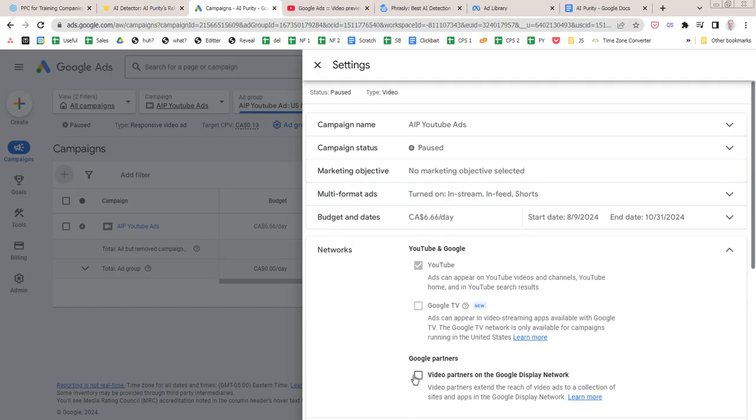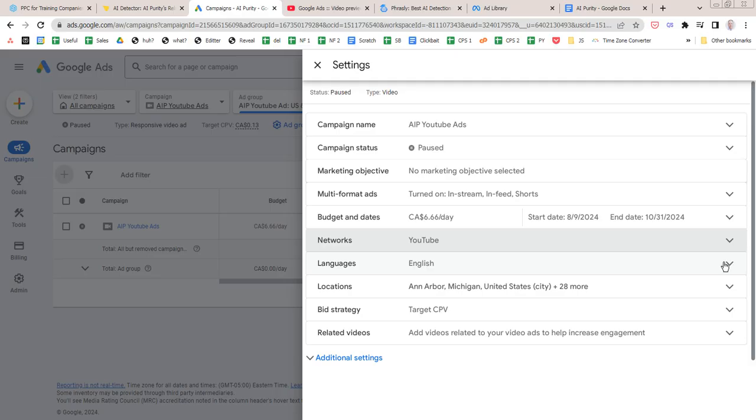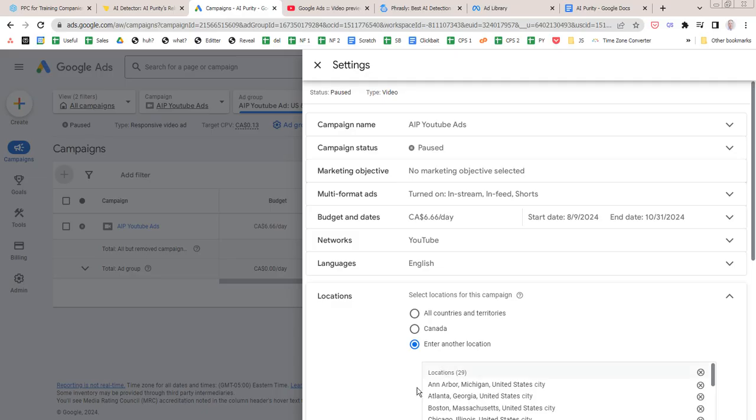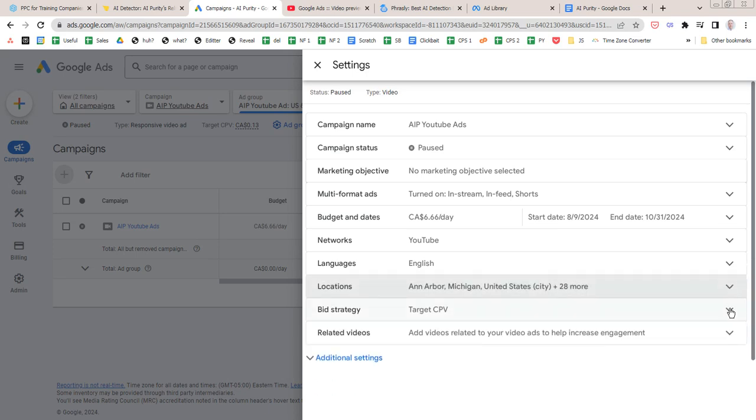You're not setting it up on partners, which is good. That could be a waste of money. This, you might want to tweak, have a different campaign for non-English speakers. My guess is that people that don't speak English do use AI services more often to reformat their essays. And then this looks like it's set up to be different cities that have college towns in them, if I had to guess. So that's probably fine. And this is target cost per viewing, that's fine.